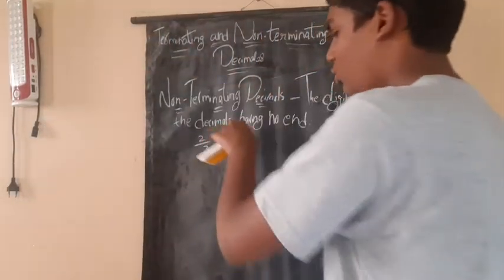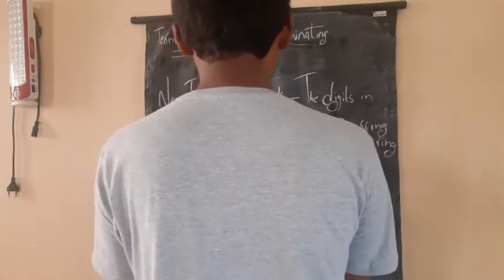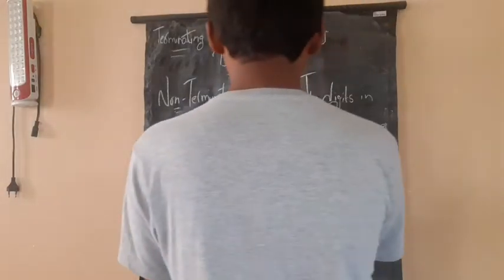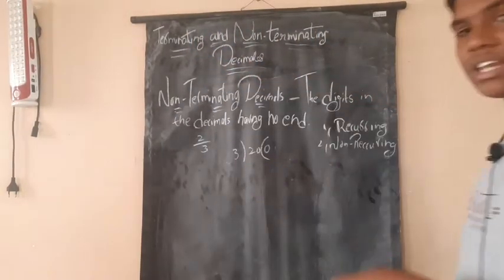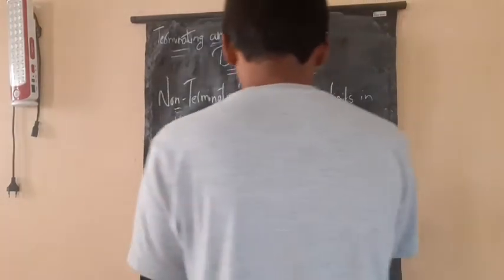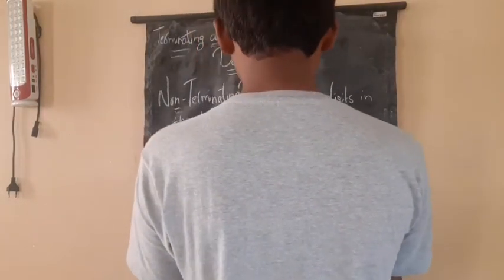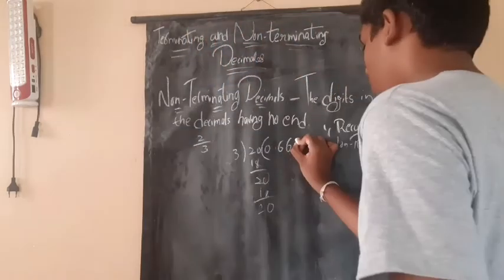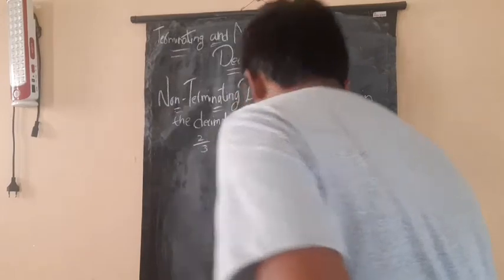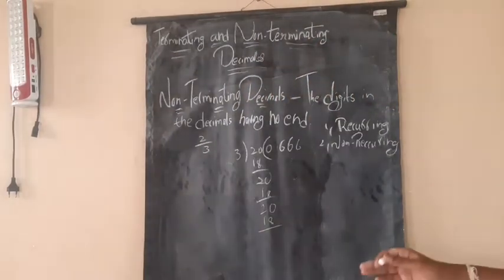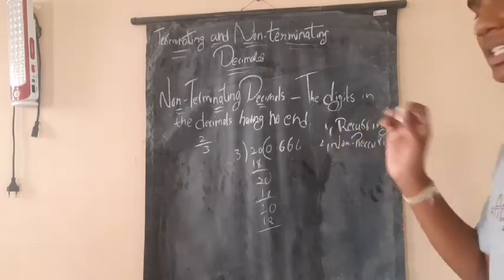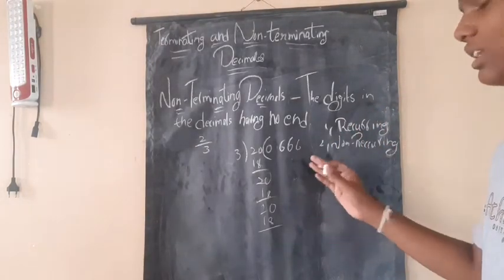Here 3 is the divisor and 2 is the dividend. Now we divide 2 by 3. Here 2 is not a multiple of 3, so 0 point. 3 6s are 18, nearest to 20. Again we get 2, the same, 0, 3 6s are 18. Again it comes, 3 6s are 18. It is still going on, there is no end. So 0.6666, like that only, the same number 6 is still going on, there is no end.